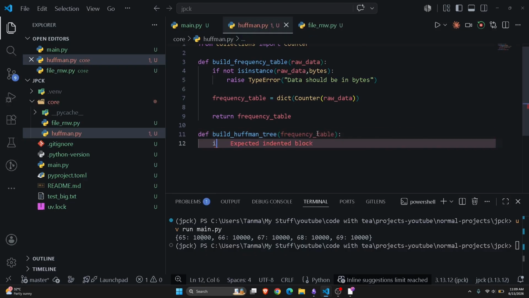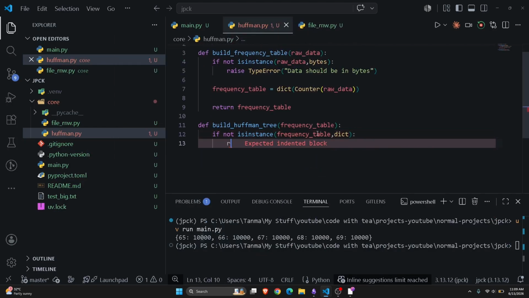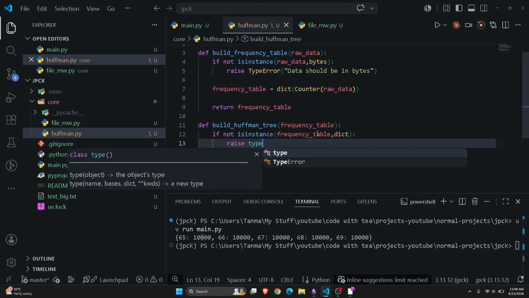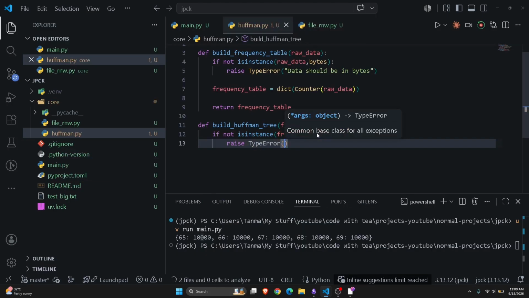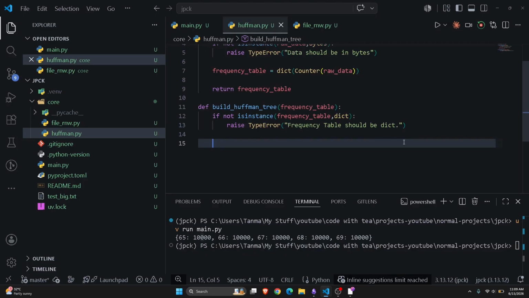Now again we have to check, if not isinstance frequency table dictionary, then you might have got to know that we raise type error for these kind of things. Frequency table should be dictionary. And if it's dictionary, then